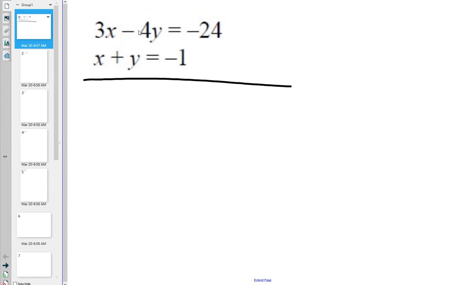Not because you have to, but if we're talking about strategy and trying to minimize the odds of making a